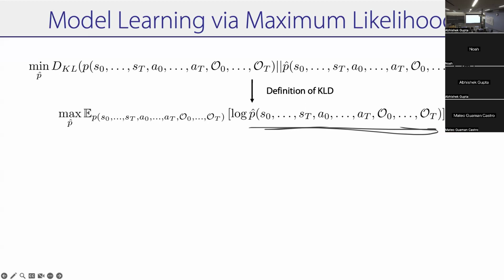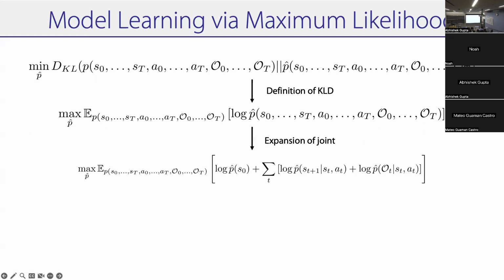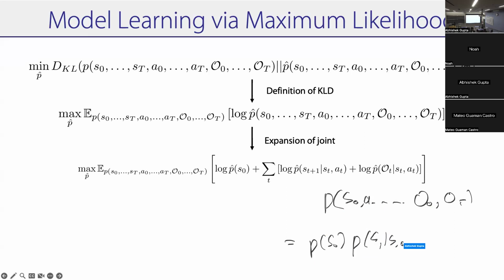And if you work through a little bit of algebra, you're going to factor P and P hat the same way. If you remember how P was factored, P of S naught, A naught, and so on, optimality, is equal to the product of the initial likelihood times initial transition dynamics times the action prior times the likelihood of optimality, et cetera. You multiply all those terms. And so we're going to do the same thing: take the product of the initial state and transition dynamics times action prior times optimality, multiplied time step over time step.